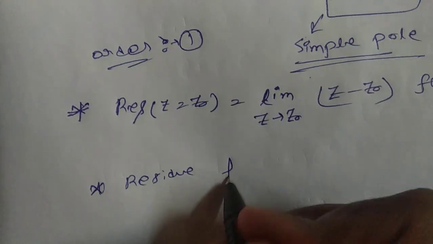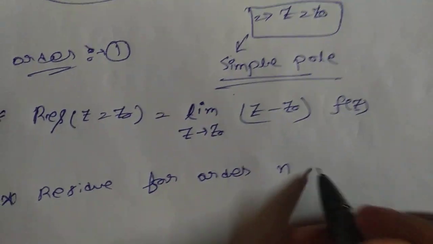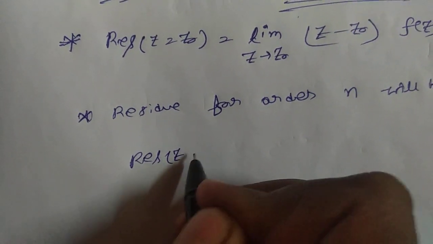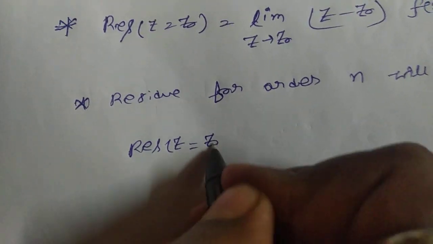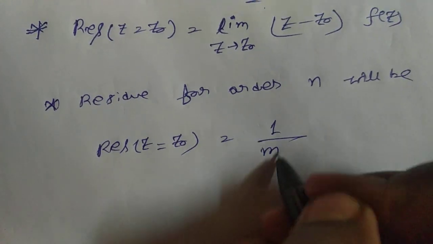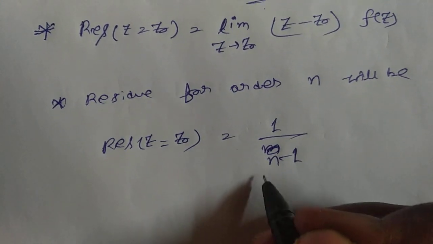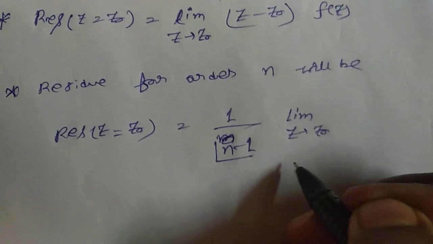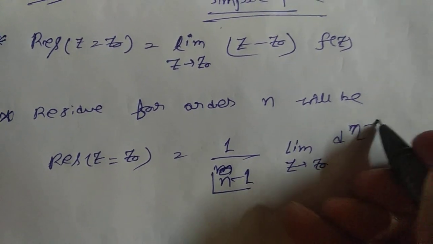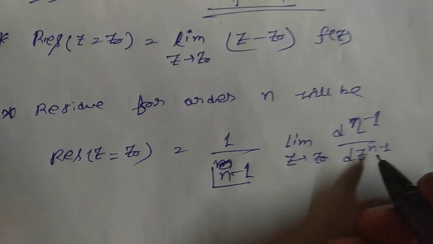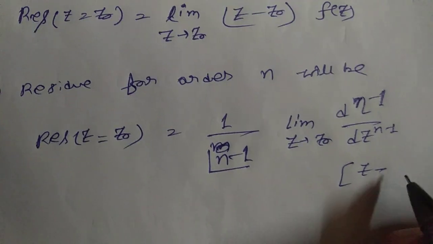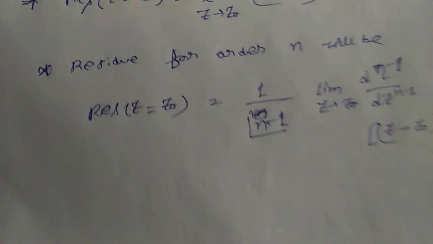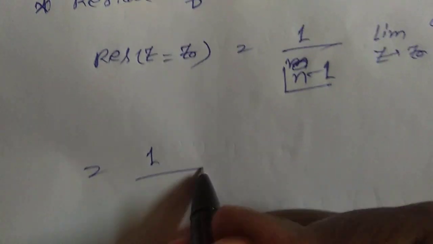Residue for order n will be such that residue at z equals z0 is 1 by (n minus 1) factorial, limit z tends to z0, d to the power n minus 1 by dz to the power n minus 1, into (z minus z0) to the power n f(z). I am writing this freshly,